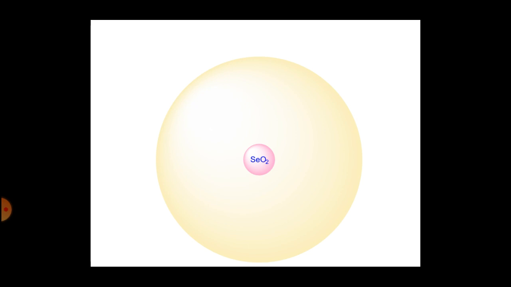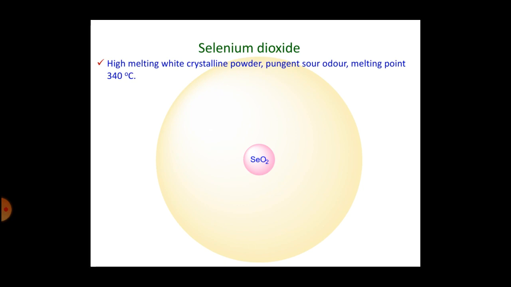And the very simple answer to your first question, that is what is this? It is selenium dioxide, a well-known oxidizing agent. It is a white or creamy white crystalline powder that turns slightly pink on decomposition. It has a pungent sour smell or odor, and it melts at 340 degrees centigrade, a high melting solid